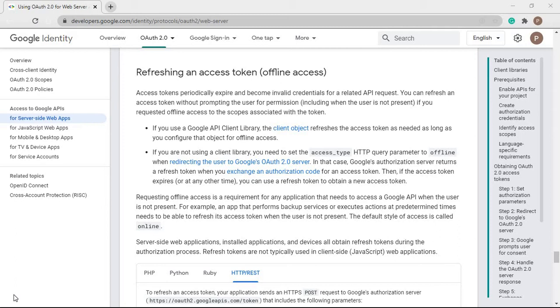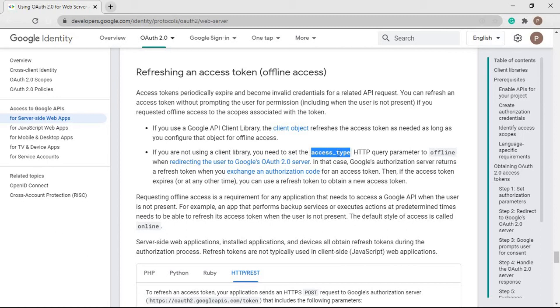Generally in OAuth authentication, whatever access token is generated is valid only for 1 hour. So after 1 hour, we cannot use that access token. If we use it, we will get a bad request status code. Refreshing the access token can be done automatically by the Google API client libraries, but if we have to do it manually, we have to make sure that at the time of authorization we pass offline as the access type, so that it will return the refresh token, which is used for refreshing the access token.